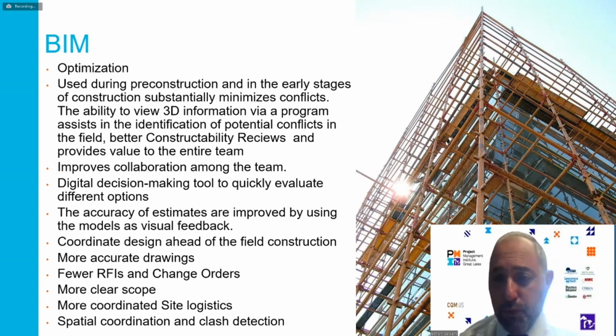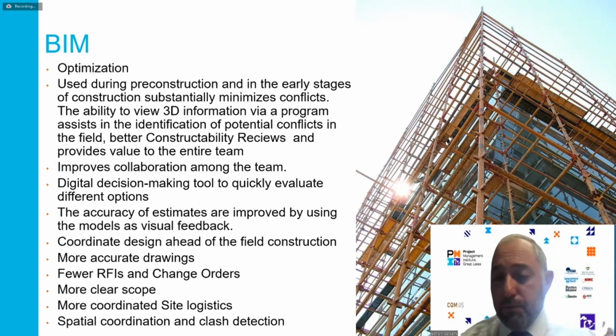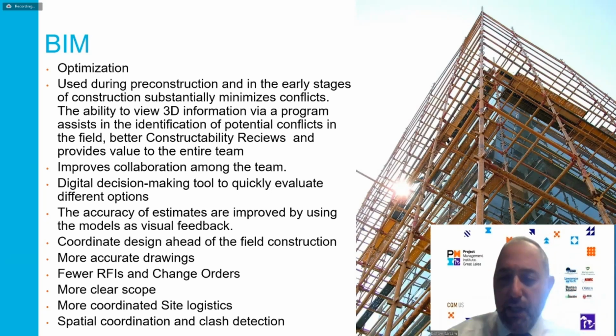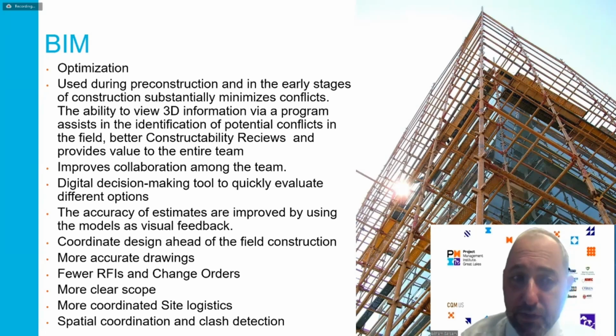When you see a 3D model, we understand it more. Even if people have been doing this for 30 years, when I see a BIM model, I understand this more than just two-dimensional drawings. Especially when you do logistics, for example, the crane location, the crane related to the building, related to the door, to the road, the reaching distance, and conflicts with utilities, conflicts with overhead power. BIM is all about coordination of design ahead of the field work starting, which means you have fewer conflicts down the road.